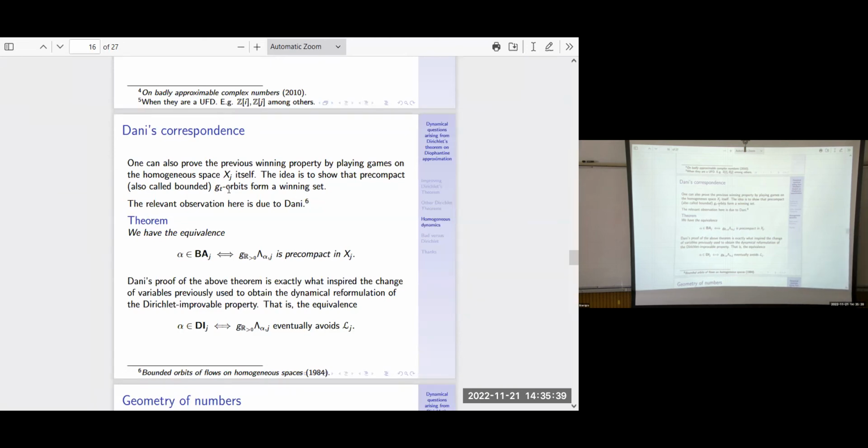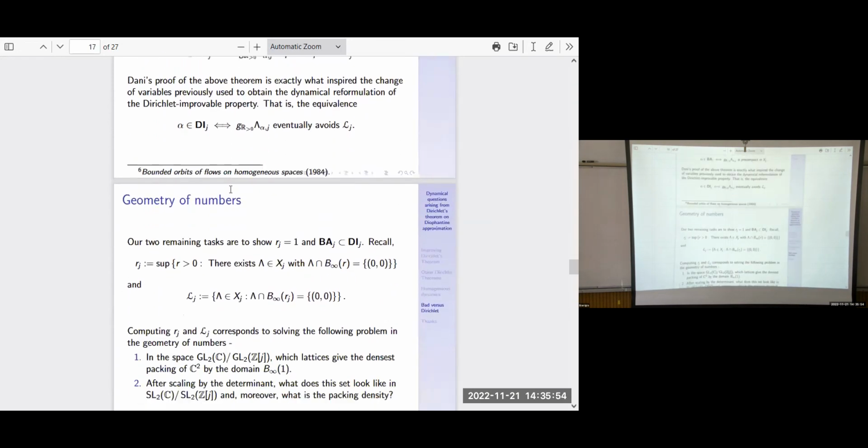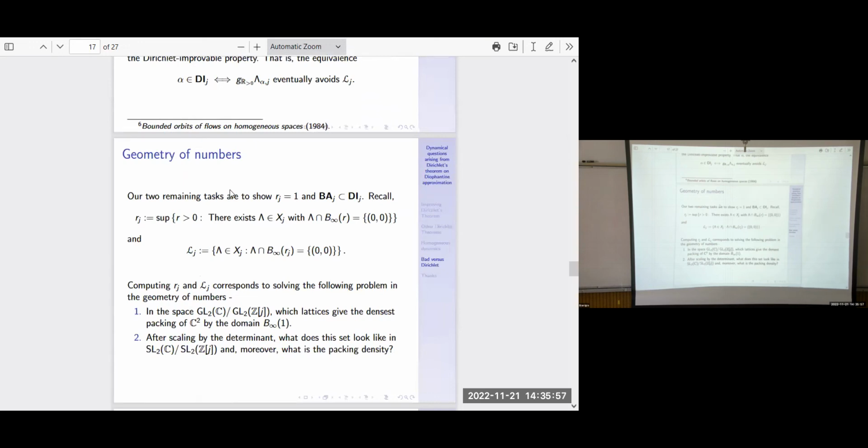So we have these two equivalences of the badly-approximable property and the Dirichlet-improvable property in terms of orbits in this homogeneous space. So two remaining things: why is Rj 1, and why is dA contained in di? Remember, Rj was the critical radius, defined as the Minkowski constant for this convex body, and Lj was the set of